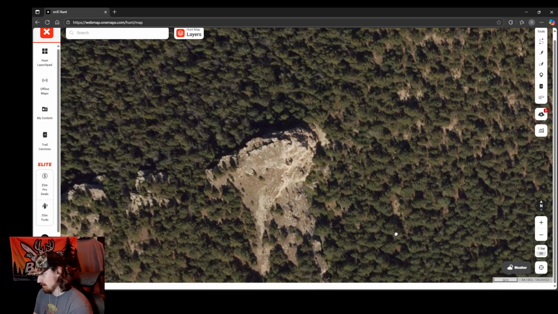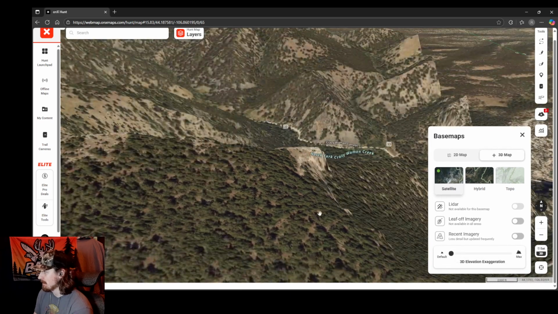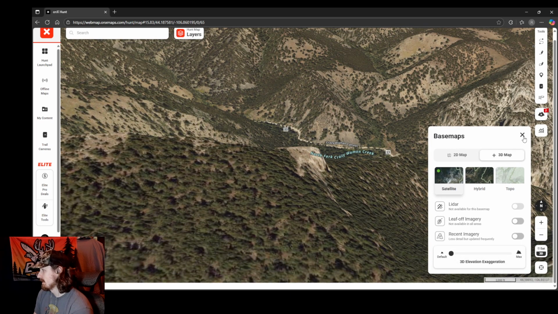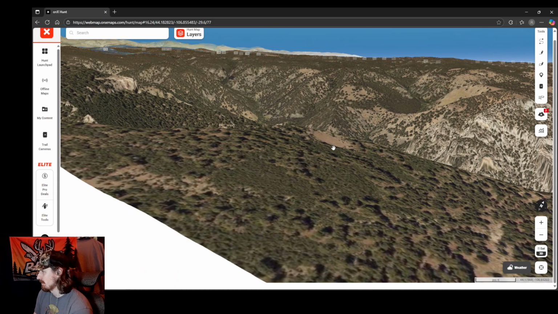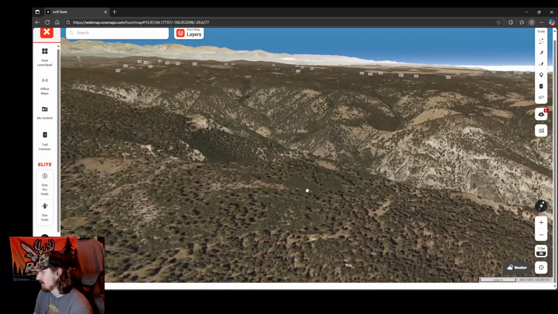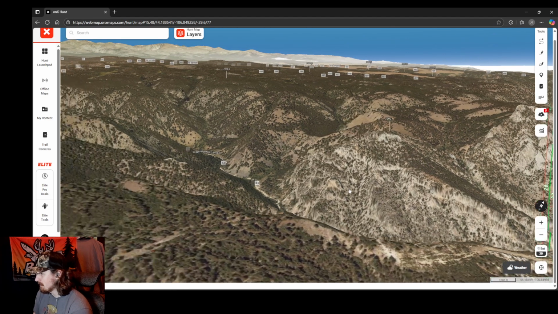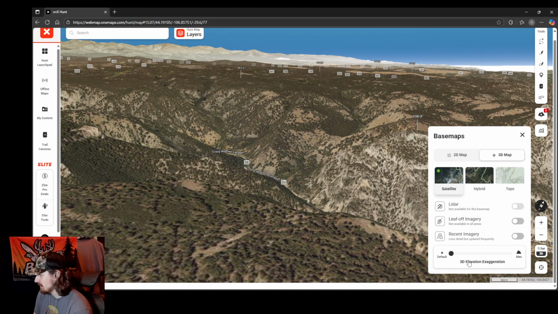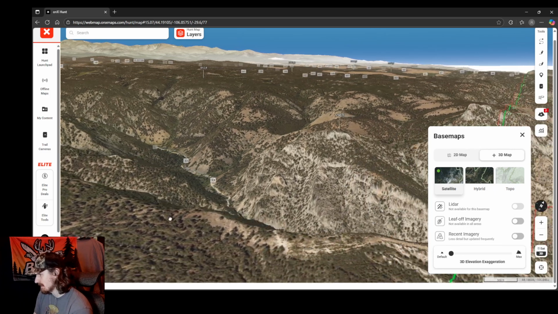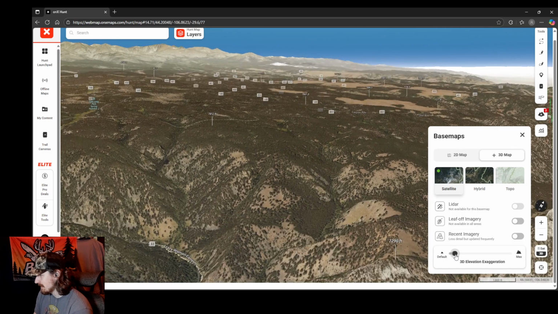Now, one of the most useful features in here, besides waypointing, is we have the option to make our map three-dimensional. Now, the 3D mapping in here is really impressive. Really gets you feeling like you're there and what this terrain is going to look like. Now, what you can do as well to make it visually a little bit more appealing is you can actually do 3D elevation exaggeration. If you feel maybe this isn't as steep as I thought it was when I was actually there, I want to be able to see a little bit more difference between things. You can actually turn the exaggeration on,